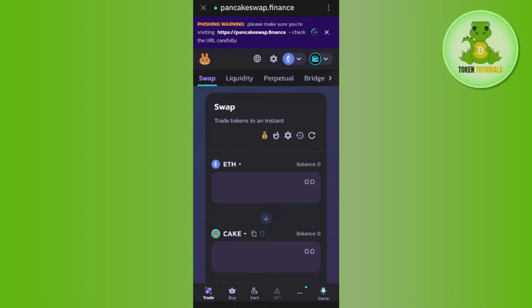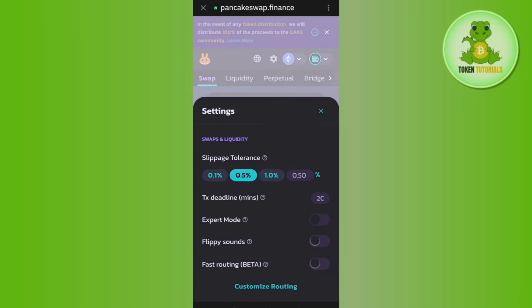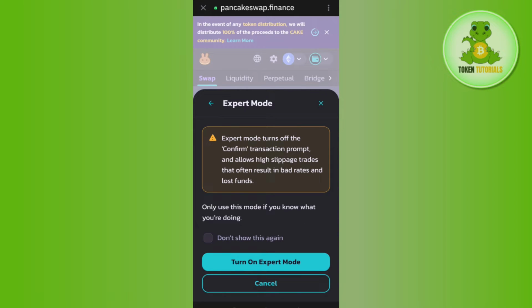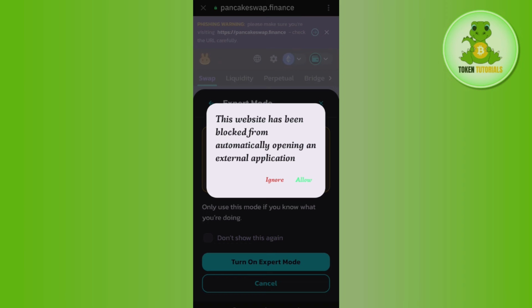Now over here in the swap section, you will have to tap on this gear icon and here you are going to see the option of expert mode. So you need to turn on the toggle button right next to the expert mode and then it will show you this type of pop-up. Now over here you need to again tap on turn on expert mode